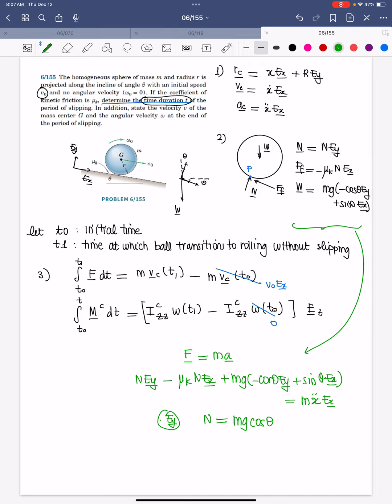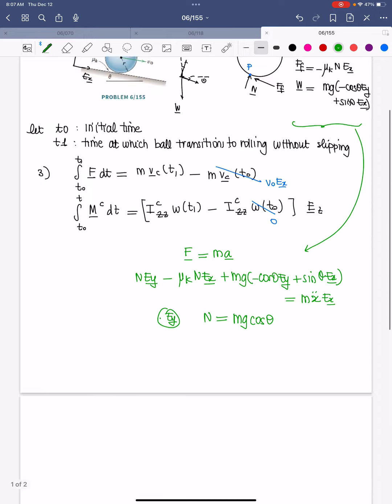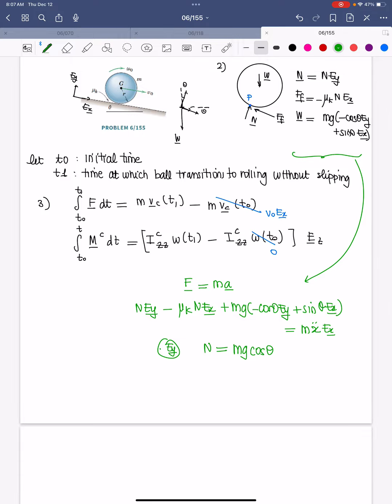Okay, so that's the normal force. Now I can go back and plug in this equation. This one I only need to write along ex. Along ey, we use it to find the normal force, which we did. So along ex, we have the integral from t0 to t1 of minus mu k N, where N is mg cosine theta,